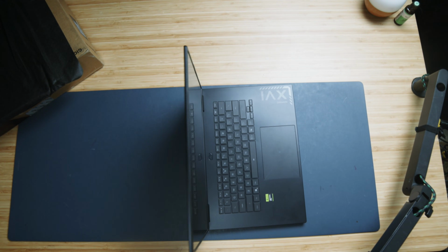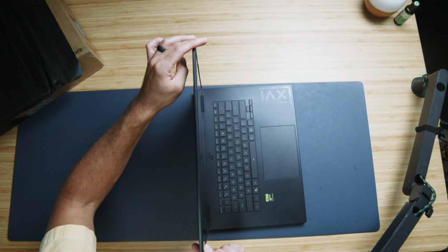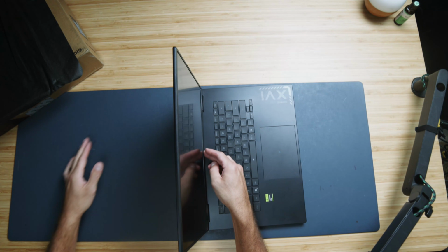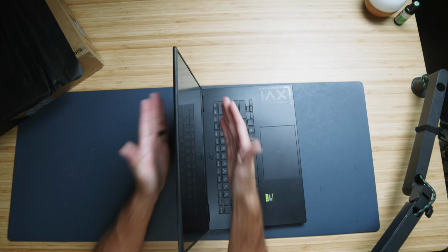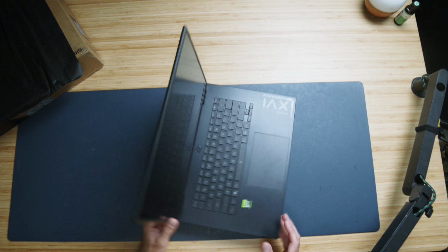Has a bit of screen bounce, takes a moment to slow down, not too long, steadies pretty quickly. And then let's go ahead and check out the screen flex. Screen flex there, and then at the bottom as well. And I like how the hinges are set on top of the deck. Makes for good, secure hinges. Keeps them protected away from, again, any bumps or bruises that tend to happen as we are existing with our